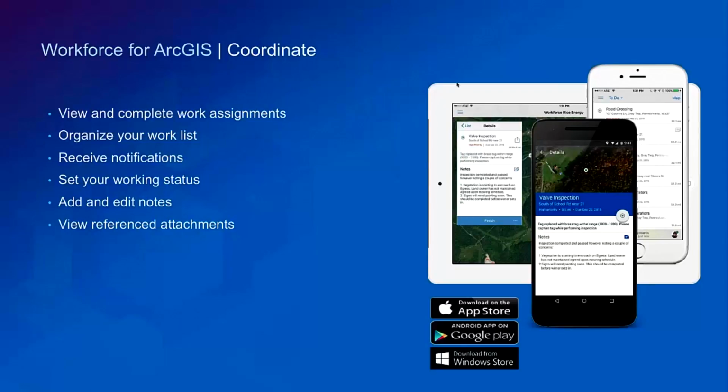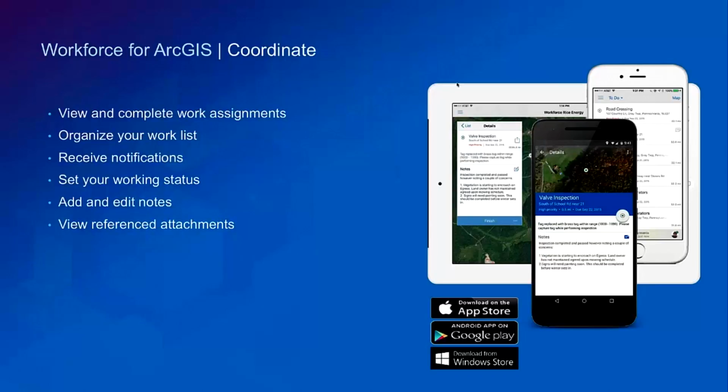So those in the office can see when you're working. It also starts to broadcast your location. So when you're actively working, we'll log your last known location. And optionally with Workforce, you can log where you've been, so you can get a breadcrumb trail of where each mobile worker has gone throughout the day.